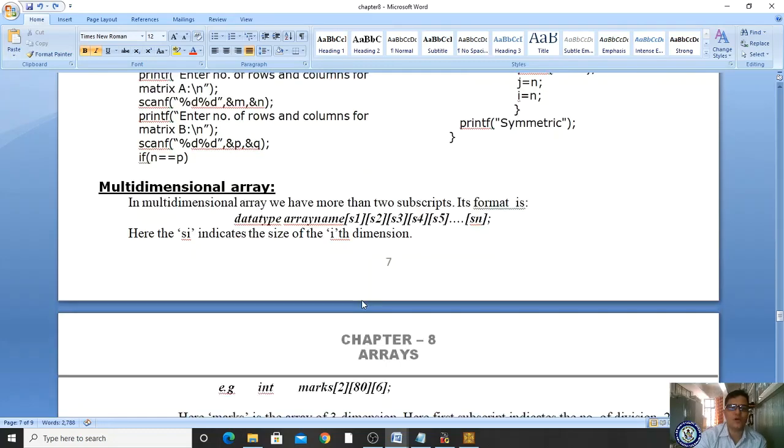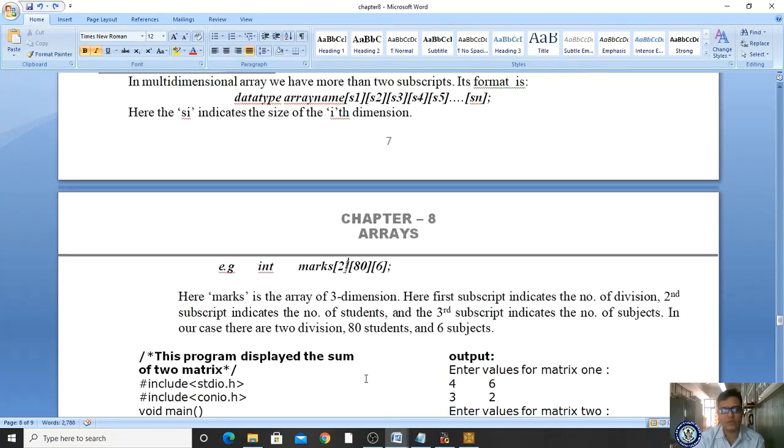For understanding, let me take one example. Please observe here, don't take this third one. Let us understand from right to left. Let us understand these two values. As we know, if it consists of 2, the first one indicates rows and the next one indicates columns, right? So 80 rows, 6 columns of a table, and this indicates the number of tables.